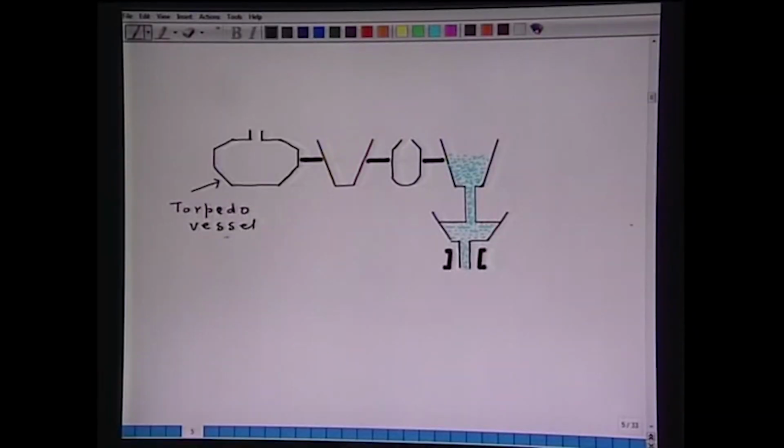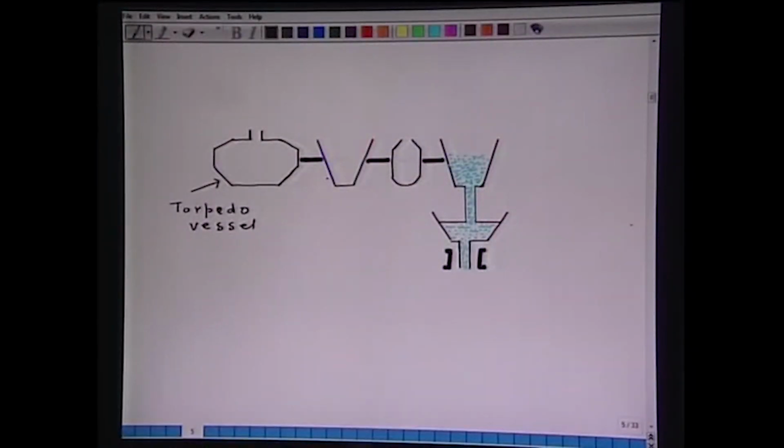That means this torpedo vessel handles hot metal at around 1300 to 1450 degrees Celsius, and hence refractory has to be used. Then this torpedo vessel either can be directly put to the LD converter, or through a ladle it can be put to the LD converter. So, this is the ladle, this is the LD converter where refractory is used, and this is again a ladle which is used for continuous casting, that also requires a refractory,